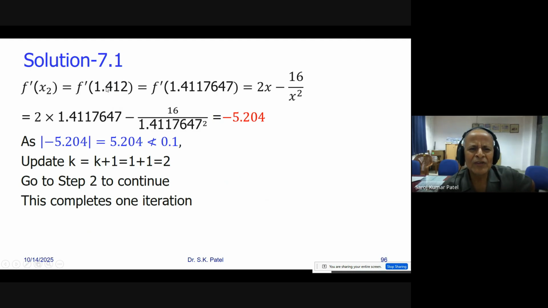So first derivative at this new point is coming to minus 5.204. So this absolute value will be 5.204. This is not less than epsilon, which is 0.1. So we have to continue. So this is the way we proceed step by step. This is the end of first iteration. So like this we can continue,